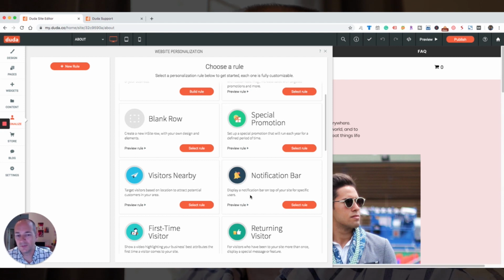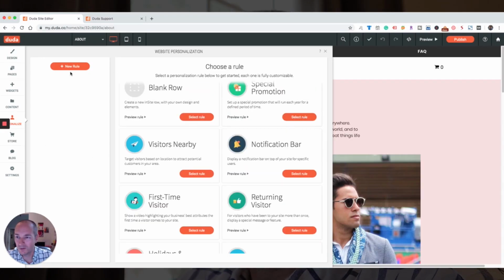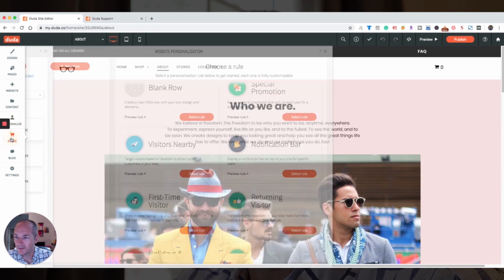A lot of people don't like pop-ups, but at the very top of the header, you can flash a thin bar about, hey, welcome back, and here's a discount code for you or something like that, or an event coming up that the business has ongoing. I found that to be quite successful, and one of the really cool things about it is you can target someone in a specific zip code. Let's say this store is in their town. They only want to target people locally in their zip code with this certain special offer for residents of their town. They can easily do that. So it's some really neat stuff with personalization, and I'll be creating future videos about this.